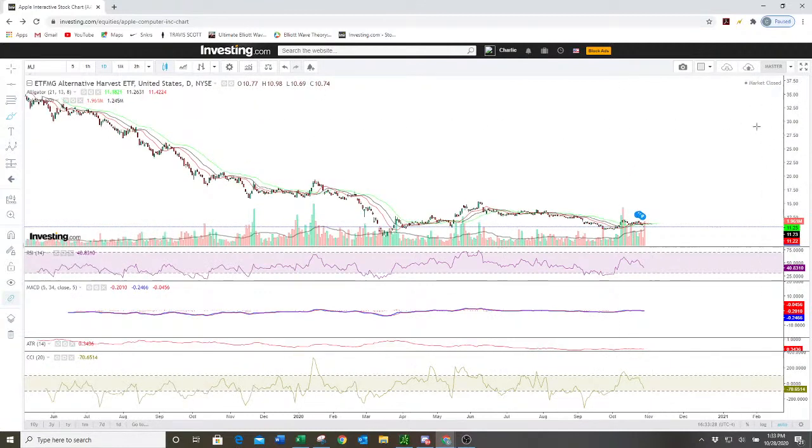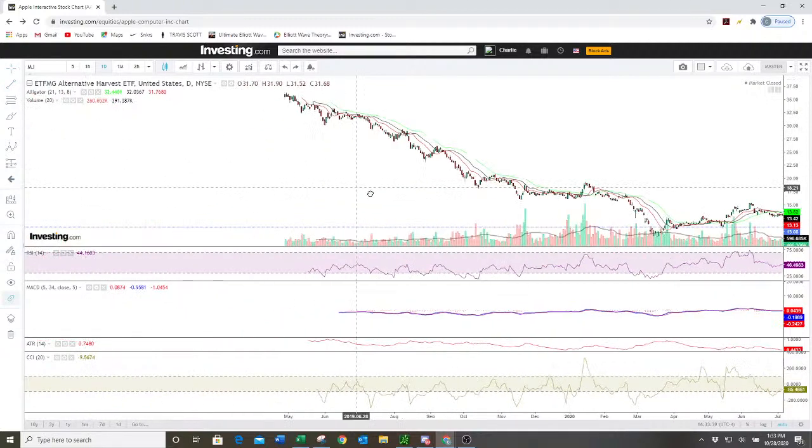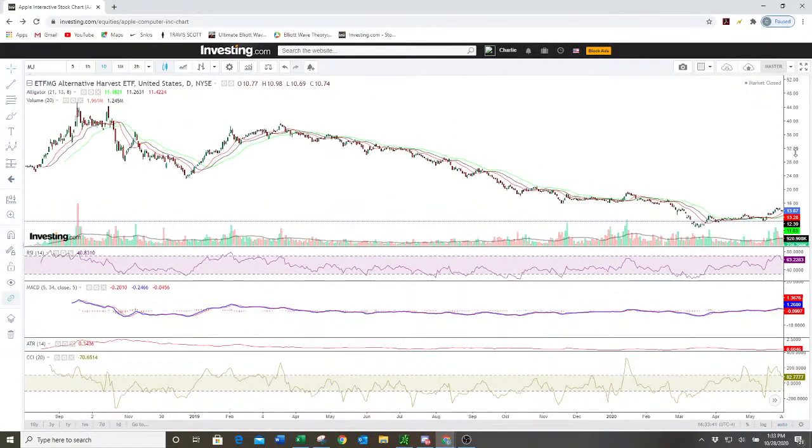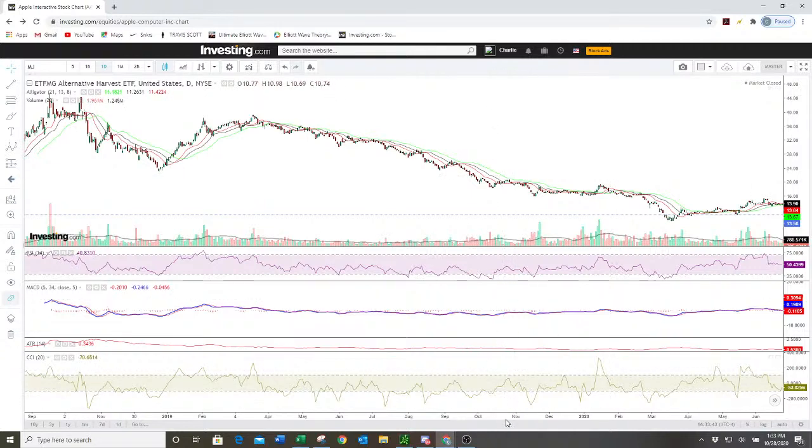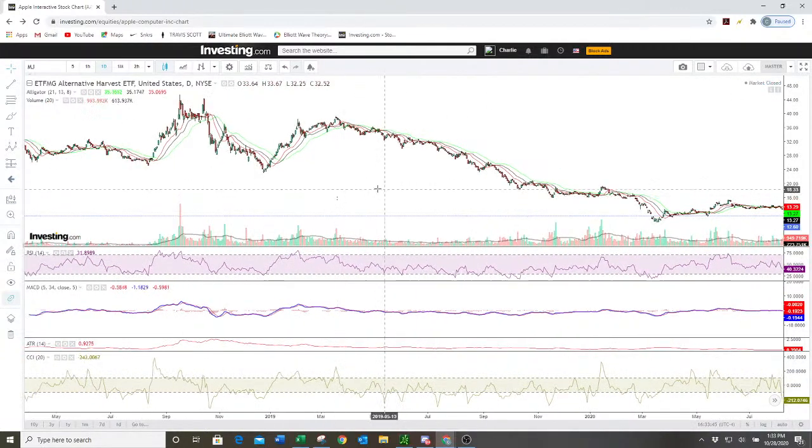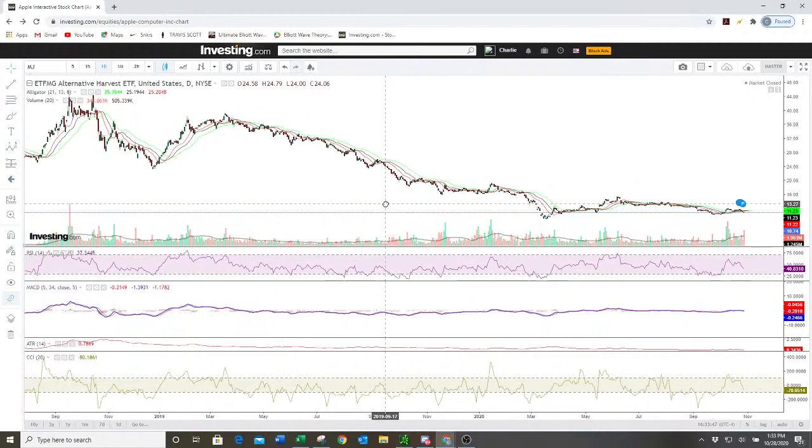But the chart, as you can see, is nothing but downside. Right? There's nothing positive about this chart that I can see. At least just looking at it right now, it looks like it's been going down since its creation. You might have it ending, right? Looks like you might be having some sort of like, let me see if I can,